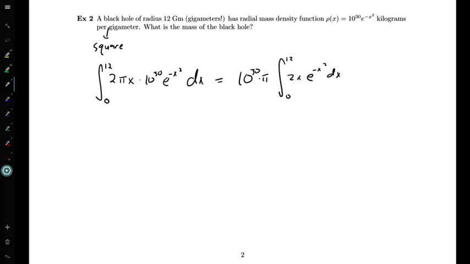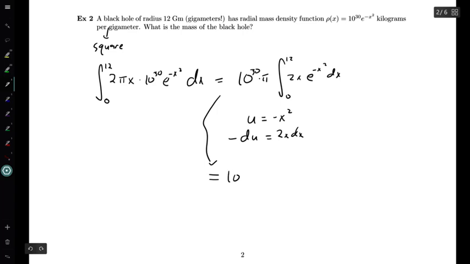So this integral requires us to do a u substitution. I'm going to notice here that I've got this minus x squared in the exponent, and I've got its derivative, or close to its derivative, sitting handily outside of the exponential there. So I'm going to let u equal minus x squared, so that du is equal to minus 2x dx. And in order to compute this integral, then,